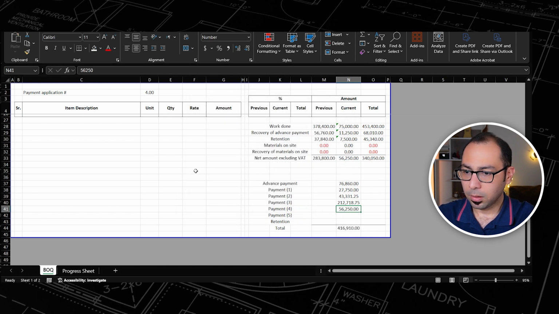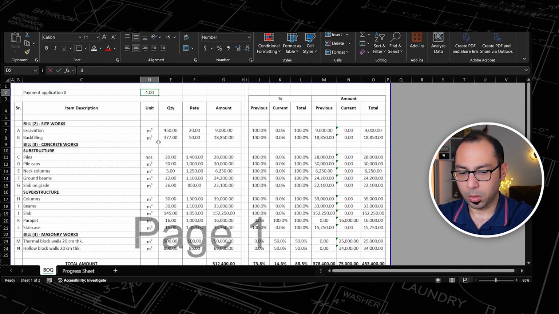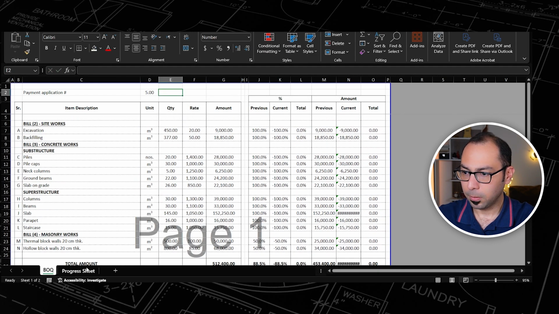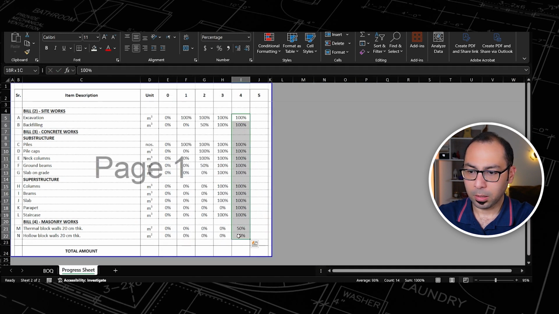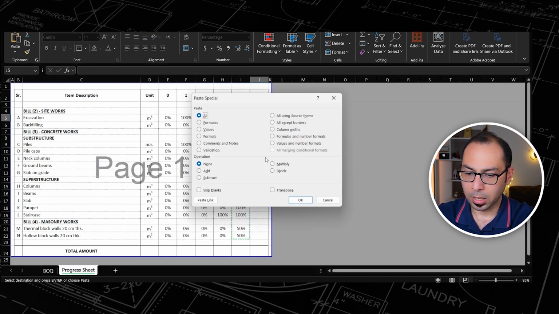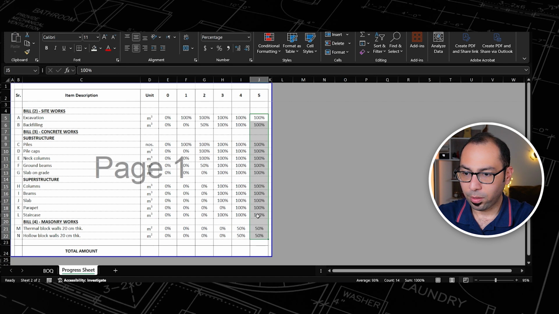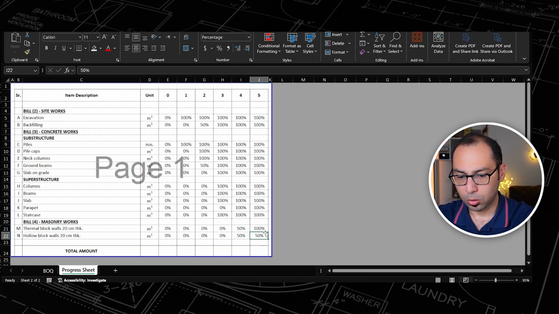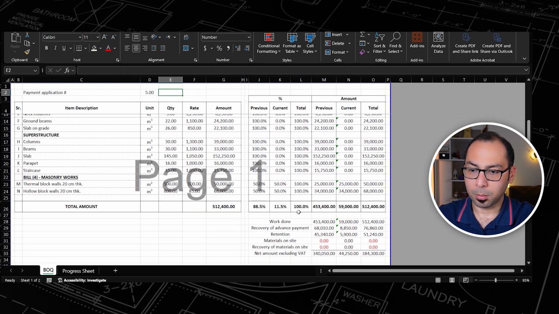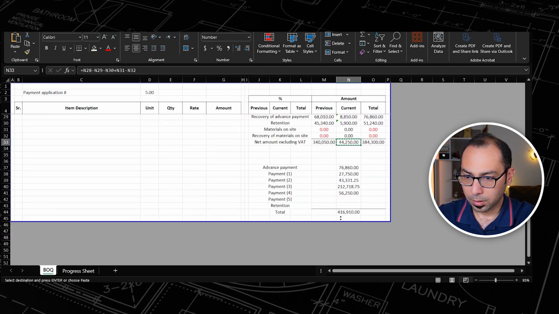And then now let's do payment application number 5. So I'll put 5 here, and by the end of month 5, the project is finished and you have finished everything. So everything here should be 100%. So this should be 100 and this should be 100. Now my progress sheet here is updated also, and we have completed the project. So if I copy this and paste it here,